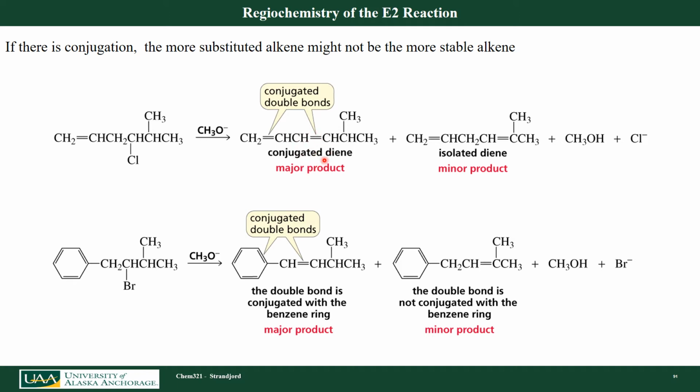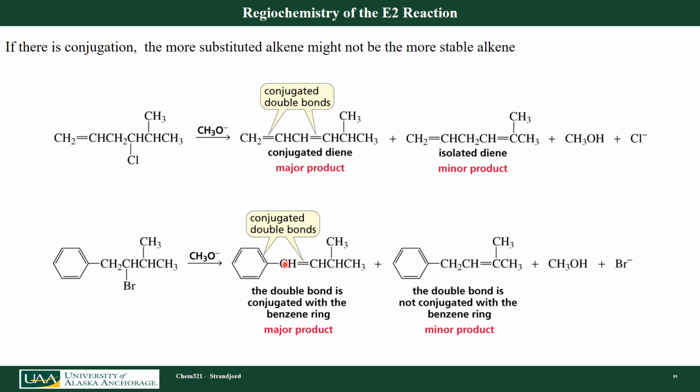I could draw a resonance structure in this case. I could not draw a resonance structure in this case. Therefore, the more stable product is formed even if it's not more substituted. If I look at this example down here, I have another, here's my alpha carbon, here's one beta carbon, here's another beta carbon. If I take off this beta hydrogen, I'm going to form a tri-substituted alkene. If I take off this beta carbon, I'm going to form a di-substituted alkene. However,